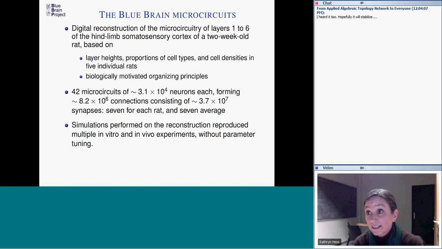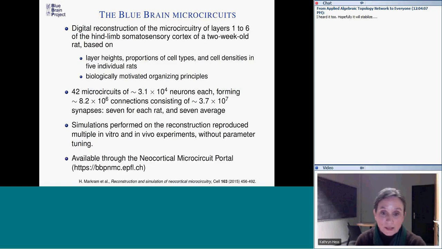They could perform simulated activity, either spontaneous or stimulated activity, on these microcircuits, and with that they could reproduce certain in vitro and in vivo experiments quite well, so they have validation without doing any particular parameter tuning. So it's a wonderful toy online. If you look at the web address that's on this slide, there's what's called the Neocortical Microcircuit Portal, which is a really great interface to figure out exactly what these different layers look like, how many neurons there are